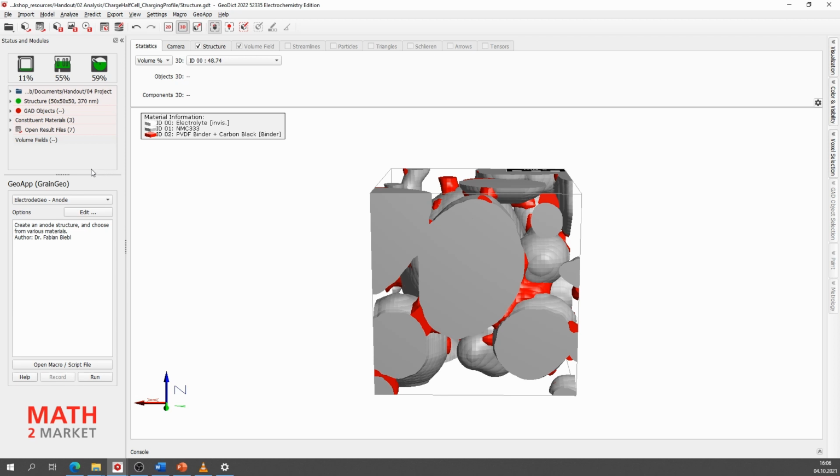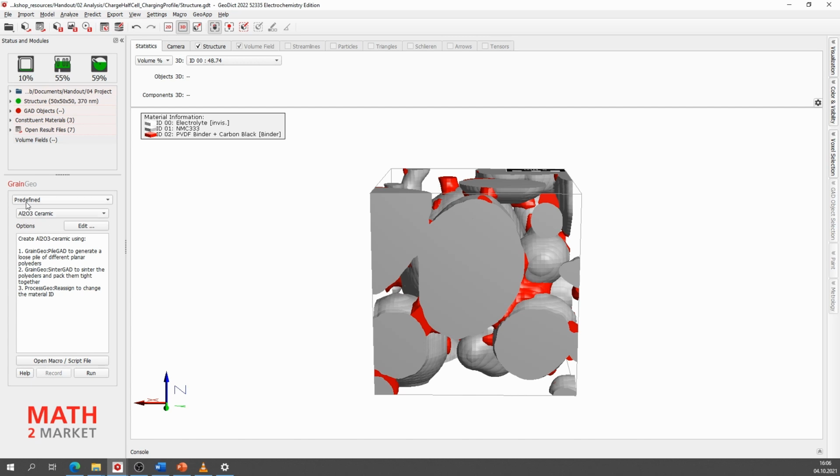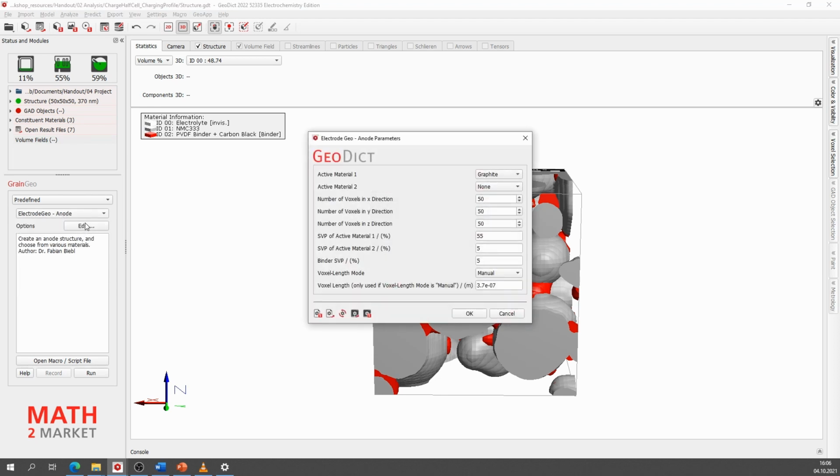We choose this one. We can also go on Crane the model and go on here Crane Geo, and then on predefined, then we come to the same drop-down menu, and for the predefined we are choosing the electrode geo anode. We choose this one and we go on edit.